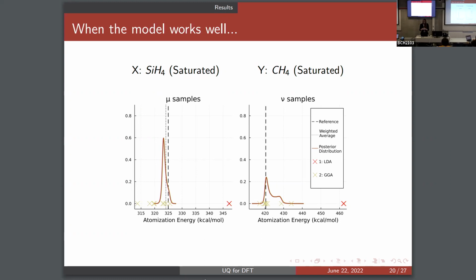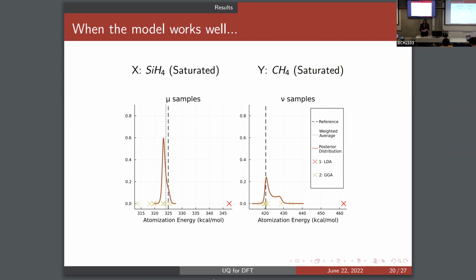Similarly, in the y case, we can observe when we check which particular functional predictions are which, that the functional predictions where the posterior distribution is non-zero for y are the same as the functional predictions where it's non-zero for x. We can also observe that the peak of y is located where there's a cluster of relatively highly weighted functionals close to each other. That happens to be close to where the reference value is, so we end up with a good result from